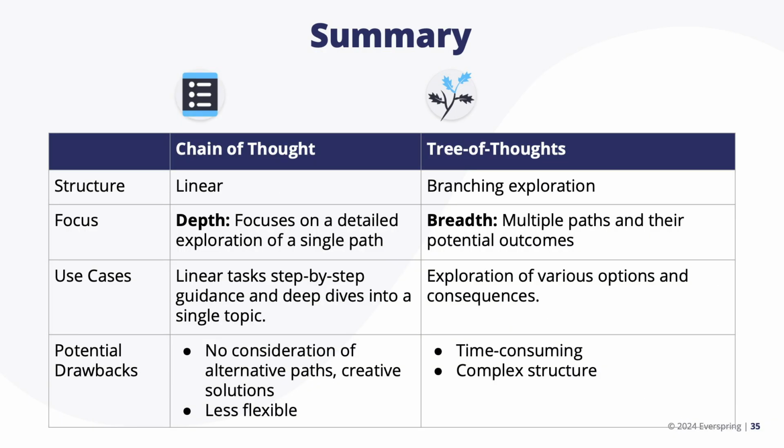As we approach the end of this presentation, it's important to compare and contrast the last two methods of prompting generative AI, chain of thought and tree of thoughts. Understanding the strengths and limitations of each technique can help you choose which approach better meets your needs. Chain of thought involves a linear progression where one decision point leads to the next. This method follows a predetermined sequence, with each step logically building on the previous one to reach a conclusion. It's like a well-structured path where each step is carefully planned to ensure thoroughness and clarity.